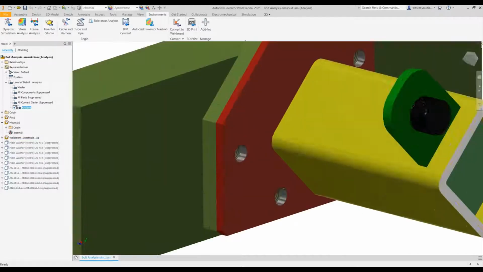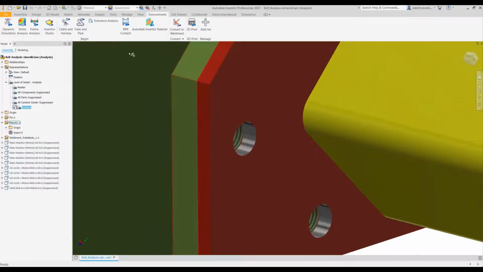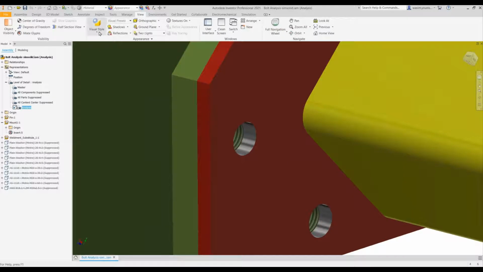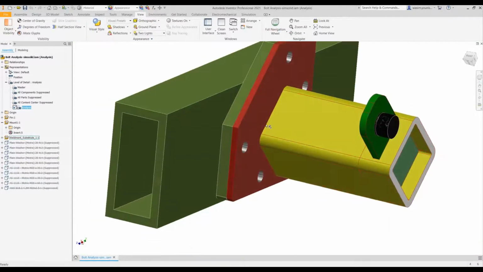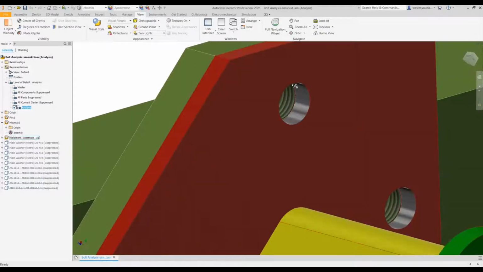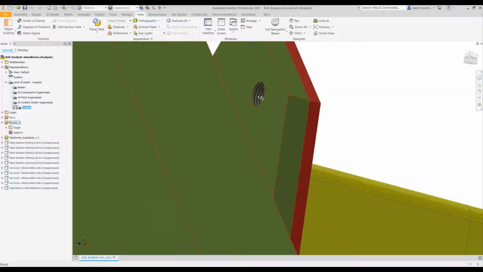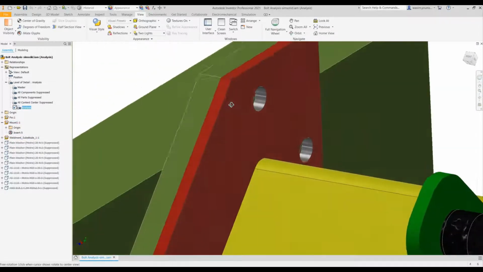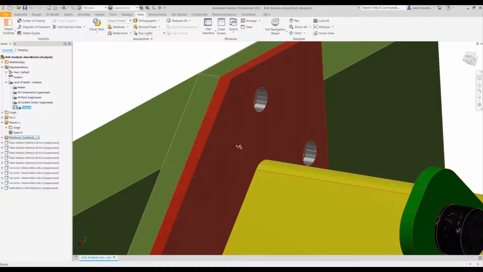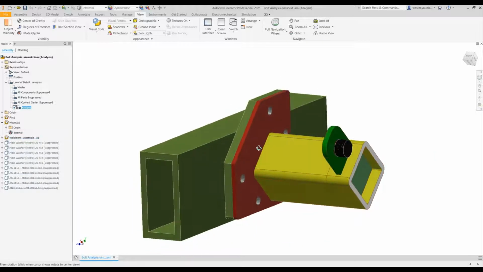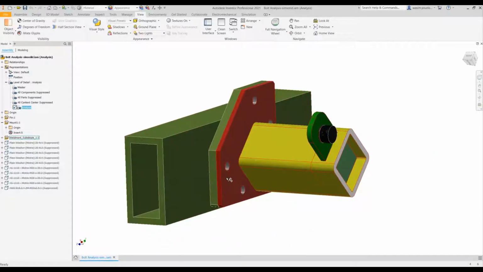Now, one of the things in here, you can see here, if I show you the views shaded with edges, if I was to create a bolt now within Nastran, I only have this edge, which I can select. Now that's like having a bolt which is hanging off the edge of the hole, which will basically create a very, very high stress. So what I'm going to do here is I'm simply going to activate the part,